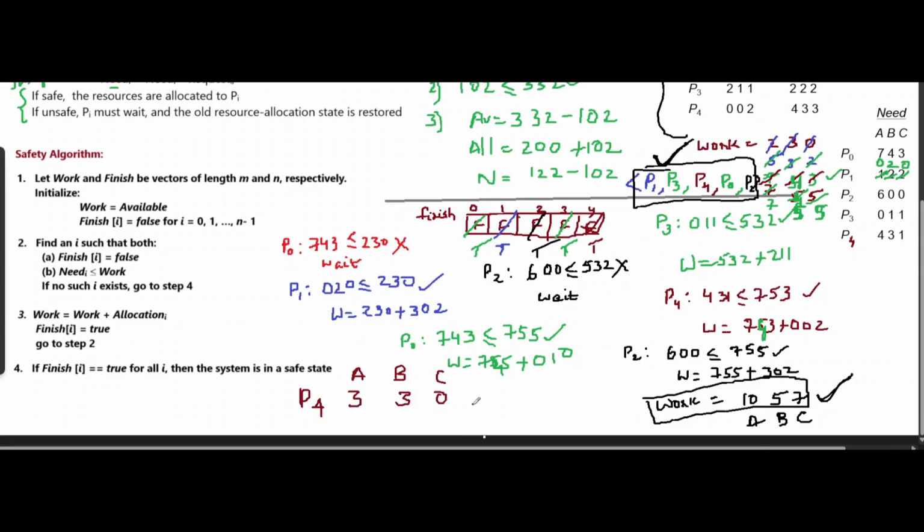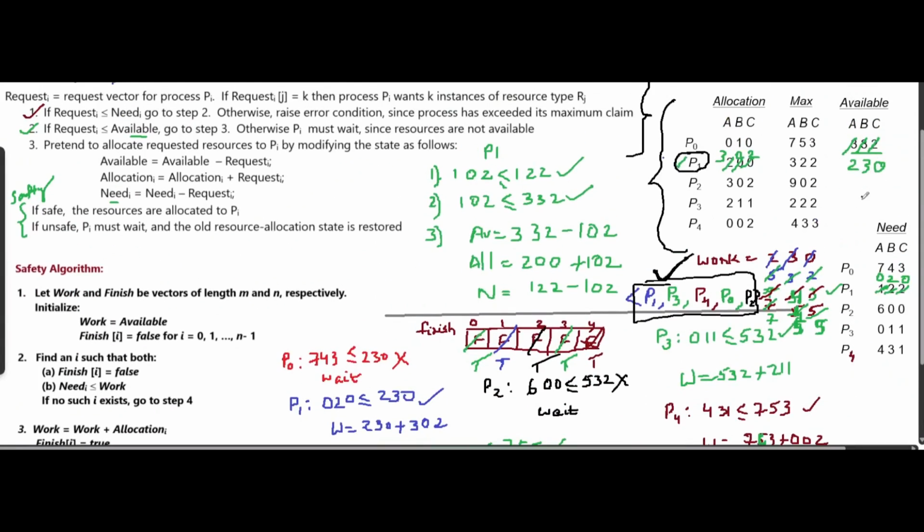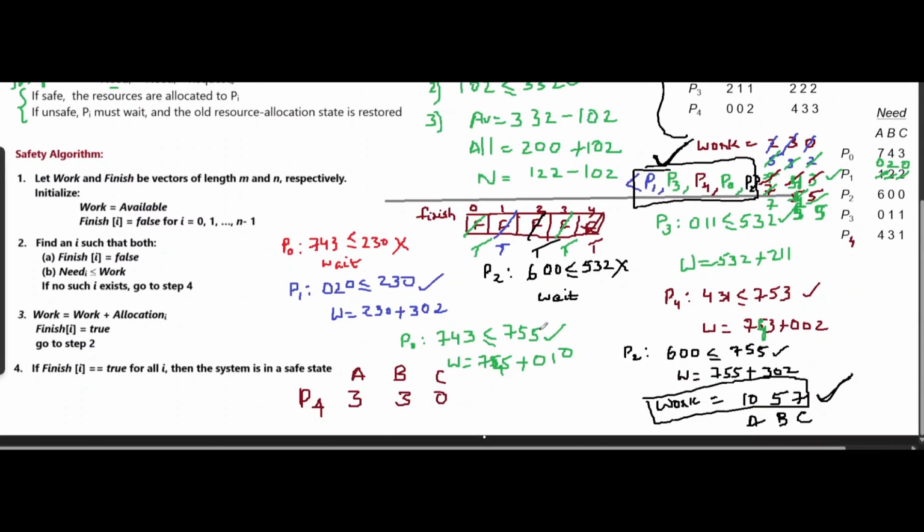It cannot be granted. Why? Because the resources are not available. Available is 332, so 330 we can't allocate, right? And also you see, if P0 has requested resources like this, 0 2 0, this also cannot be allocated. Why? Because